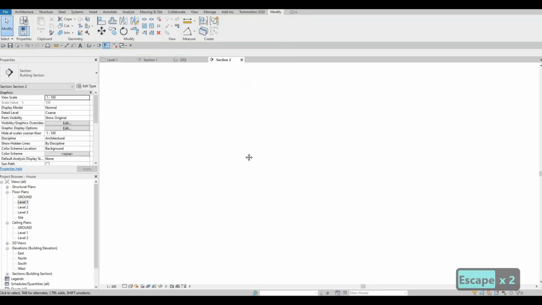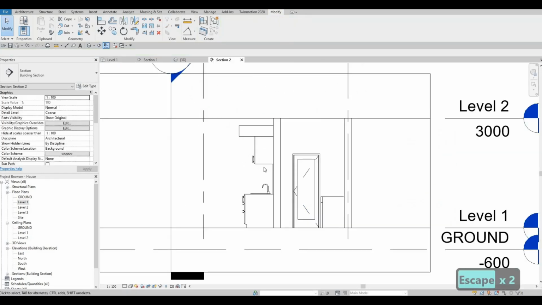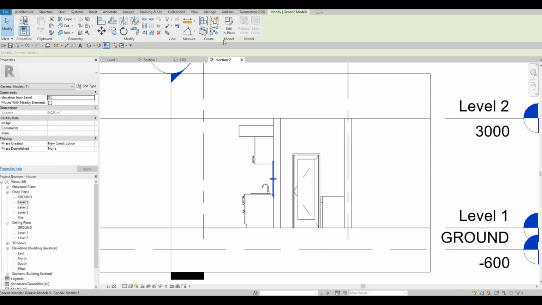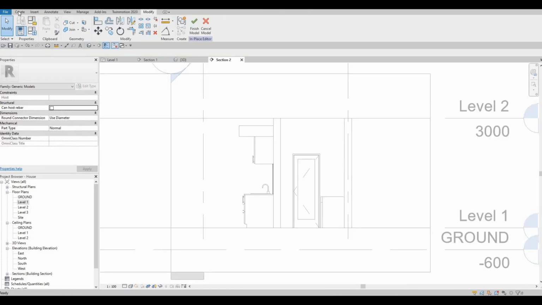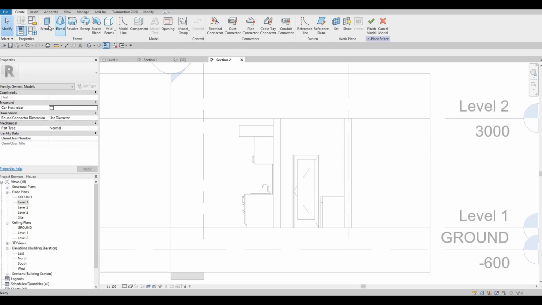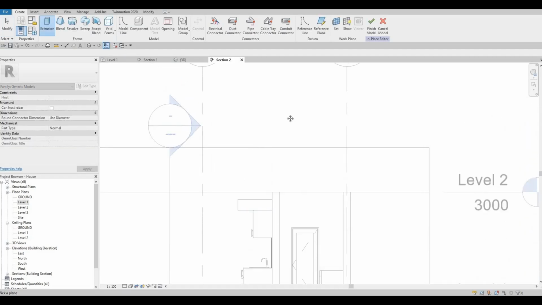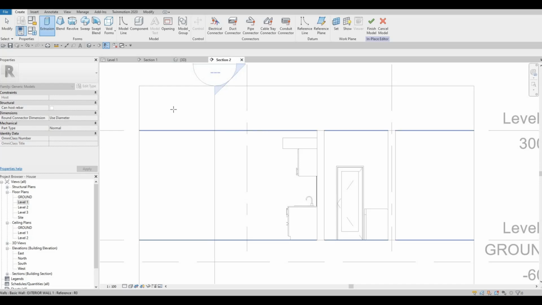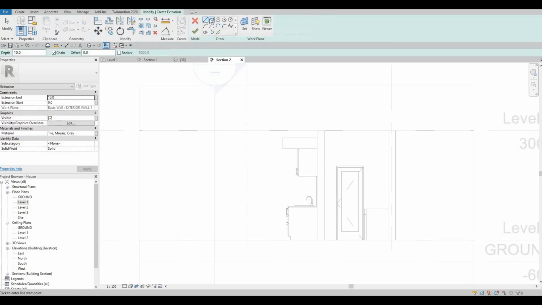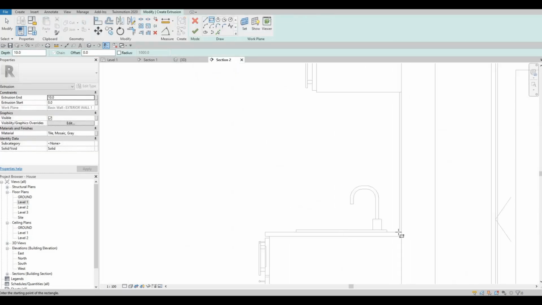So facing like that, that will be section number 2. And then here I could select this, edit in place, click on create, extrusion, pick a plane, it will be on this wall. So click on rectangle, I'm going to select from this wall,